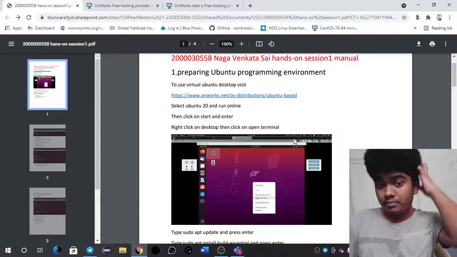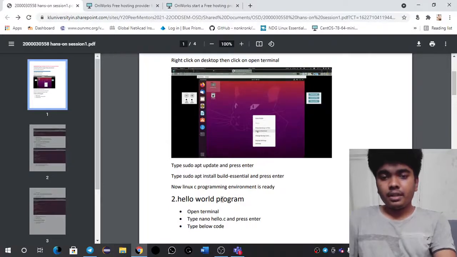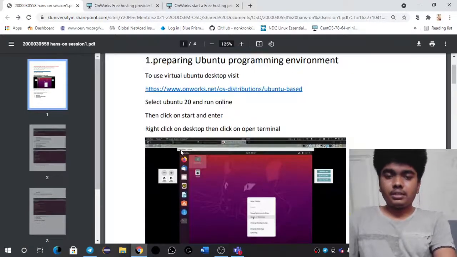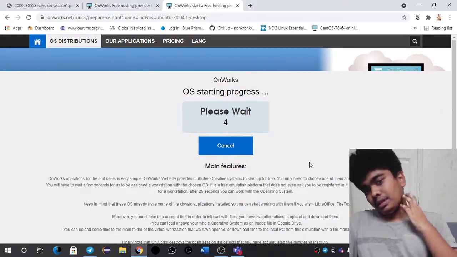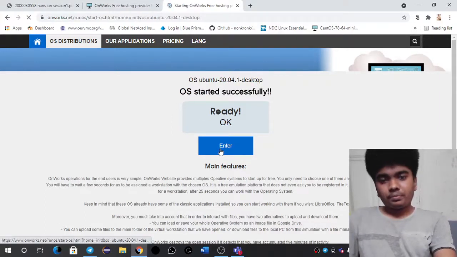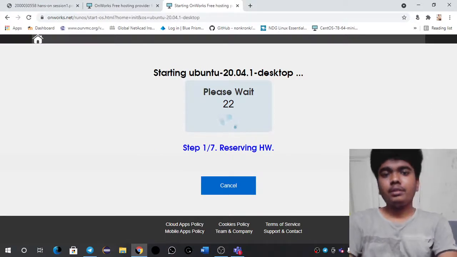Now the first step is to make our terminal ready, which is used for this Linux C programming environment. We need to make sure it is ready to use for C programming. After it says ready, I am entering into this terminal.